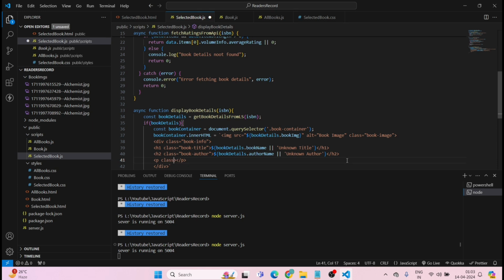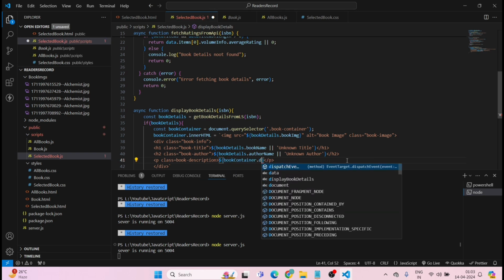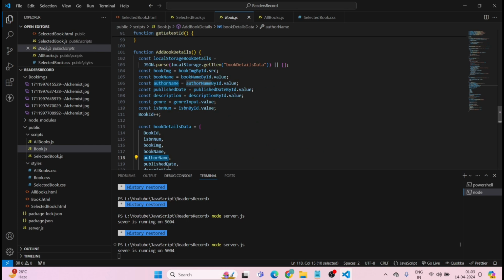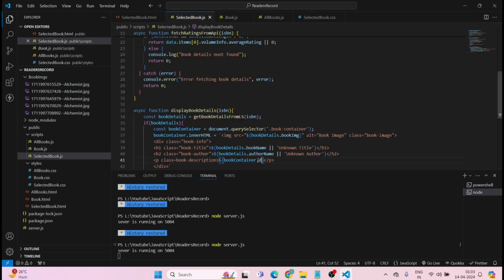This will have a class of book description, bookContainer.description. So just get it from here and paste it,